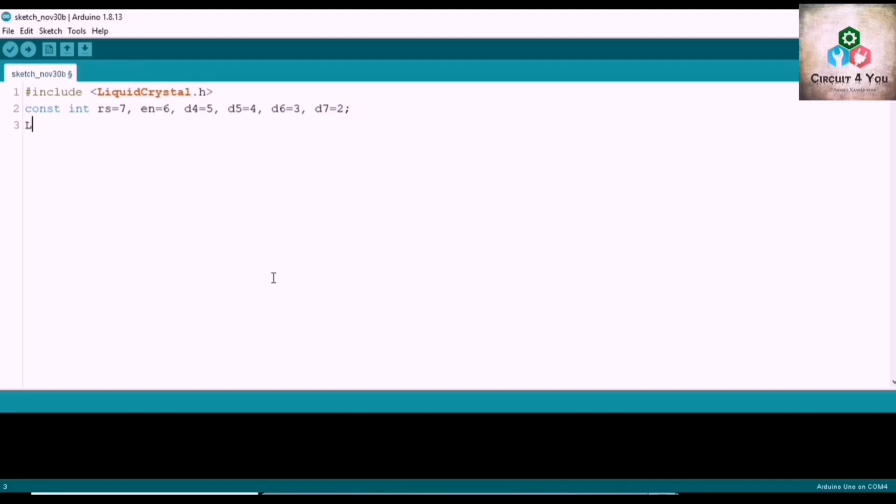In the third line of the program, we will set the pins as output pins of LCD. Here we have completed the define part of our program. So let's start writing the setup part of the program.